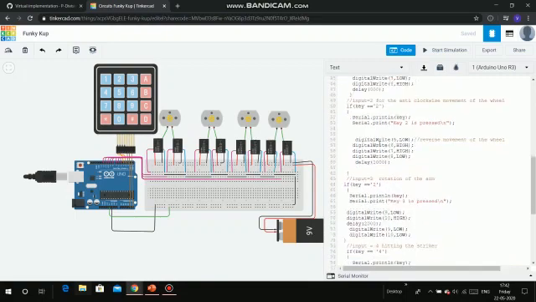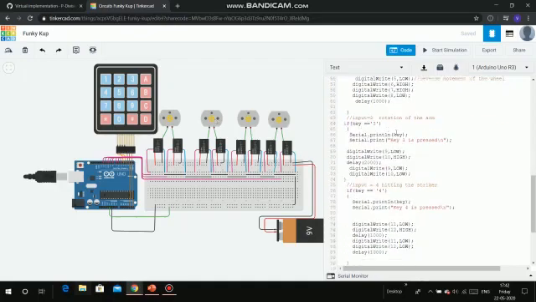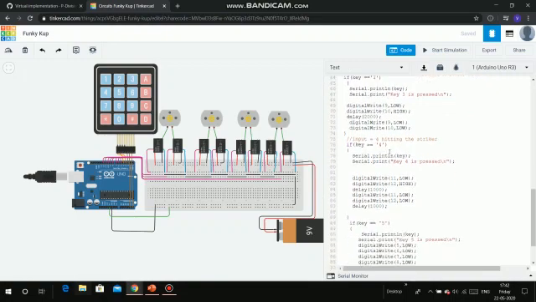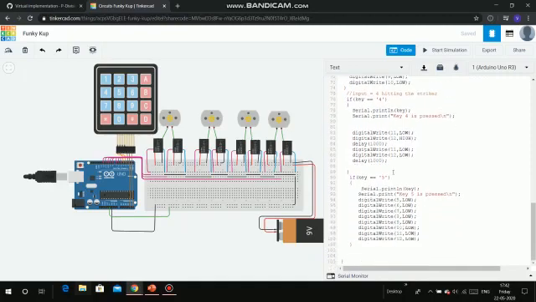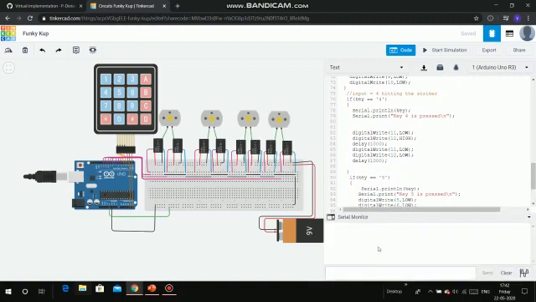If key 2 is pressed, then the direction of those two DC motors changes. That is clockwise or anti-clockwise. Then if key 3 is pressed, this is used for the rotation of the arm. Then if key 4 is pressed, it is used to hit the striker with high RPM. Then if key 5 is pressed, the working of all the DC motors stops. And this is a serial monitor, and here which key is pressed is displayed. So we'll start the simulation.